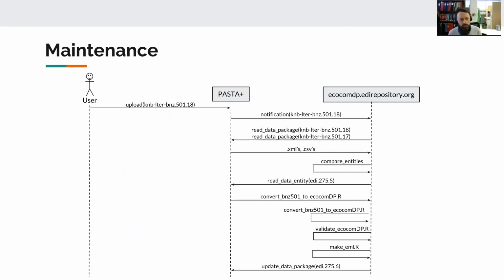Now, maintenance of these Ecocom data packages. I'm going to talk a little bit about that now. This is a proposed method of keeping these things up. This is something that I'm beginning to implement right now. I've been testing. So you have your user over here that updates an LTER data package in the PASTA repository. I use event notifications, an event notification to be sent to ecocomDP EDI repository.org, a server space,